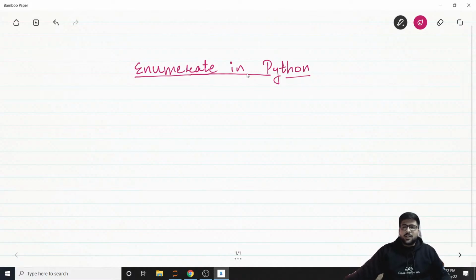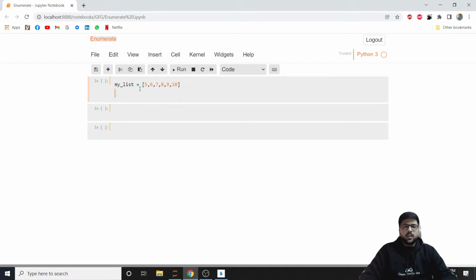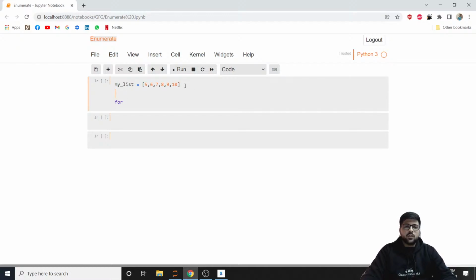Rather than just starting off and telling you what the enumerate function does in Python, first we're going to look at some examples of the for loop. So now imagine you have yourselves a list. Let's name this my list. And in my list you have the elements 5, 6, 7, 8, 9 up to 10. Now imagine you have to access these elements and also access the index of these elements, right? So you'd say for value in my list,